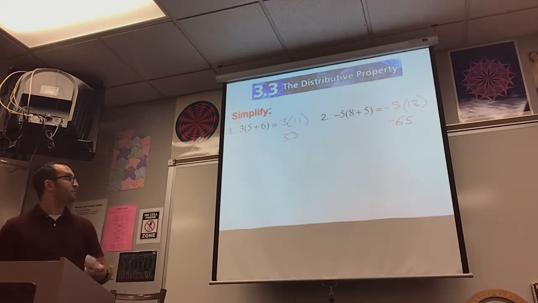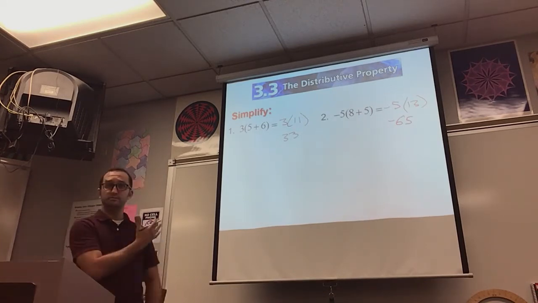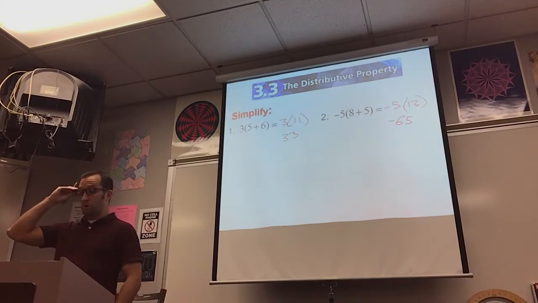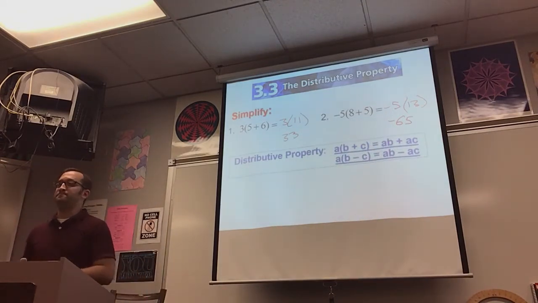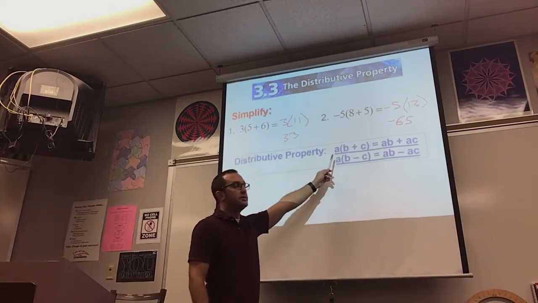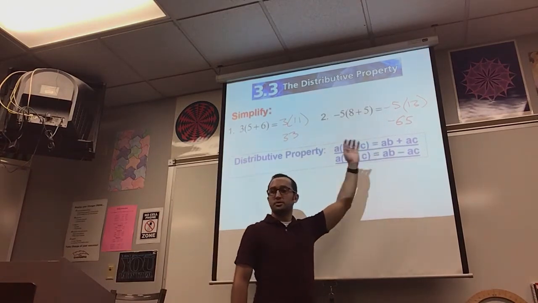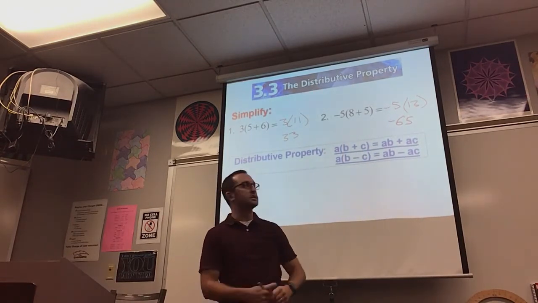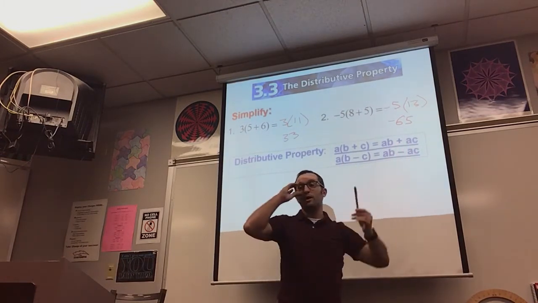And you should have these answers, right? Yes? Okay, cool. So there's a property that's called the distributive property. That tells us if we have something that looks like this, a number times a set of parentheses, and in that parentheses I've got a set of terms, it doesn't matter what they are, a set of terms, and I can rewrite it like this,